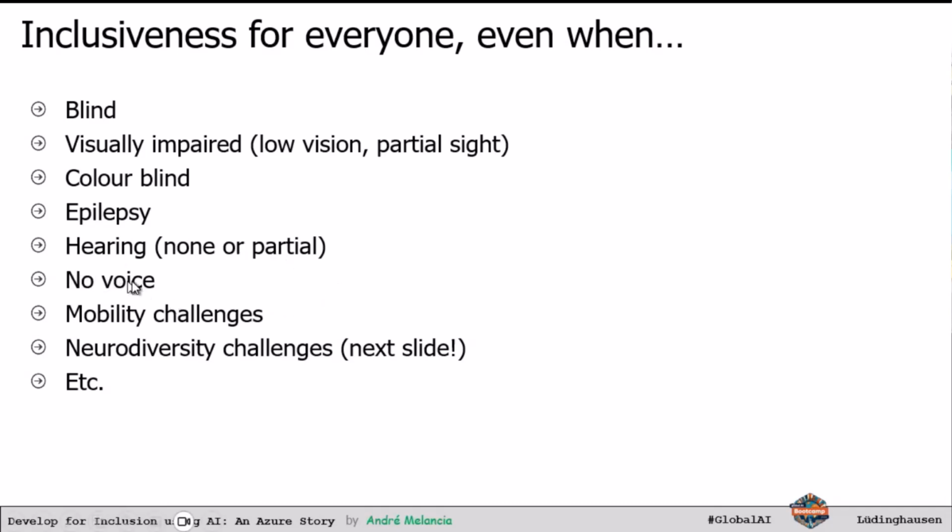If you have the exact opposite, what if you have no voice, like we had with Stephen Hawking? Well, let's say that your only problem is I have no voice. 2 months ago or 1 month ago, I was in India doing a presentation. My voice did come back, so it was okay. I wasn't the only speaker, but can you imagine being in front of 1,000 people and not being able to speak? It would be terrible. In this case, I had someone else presenting with me, so we ended up okay. My voice was still terrible. It felt like I was completely drunk, but it was okay.